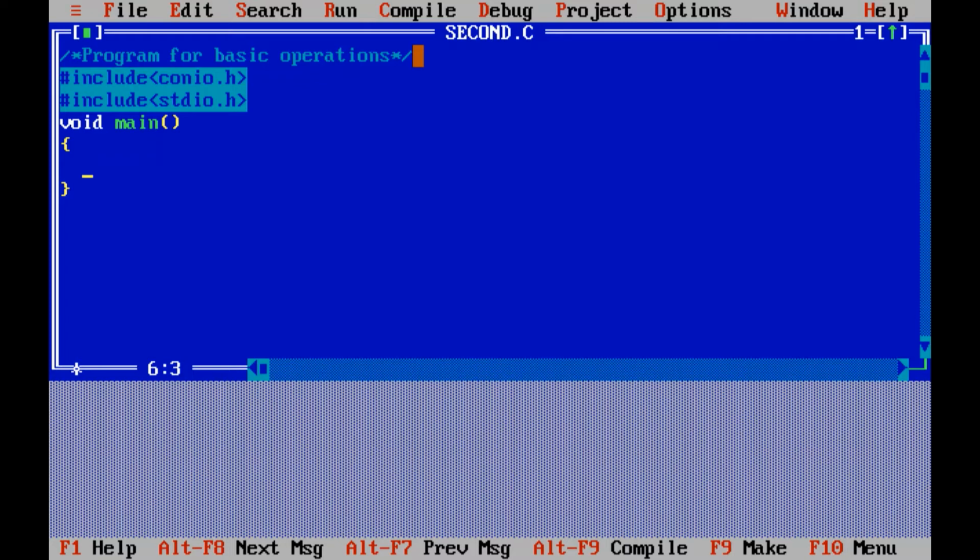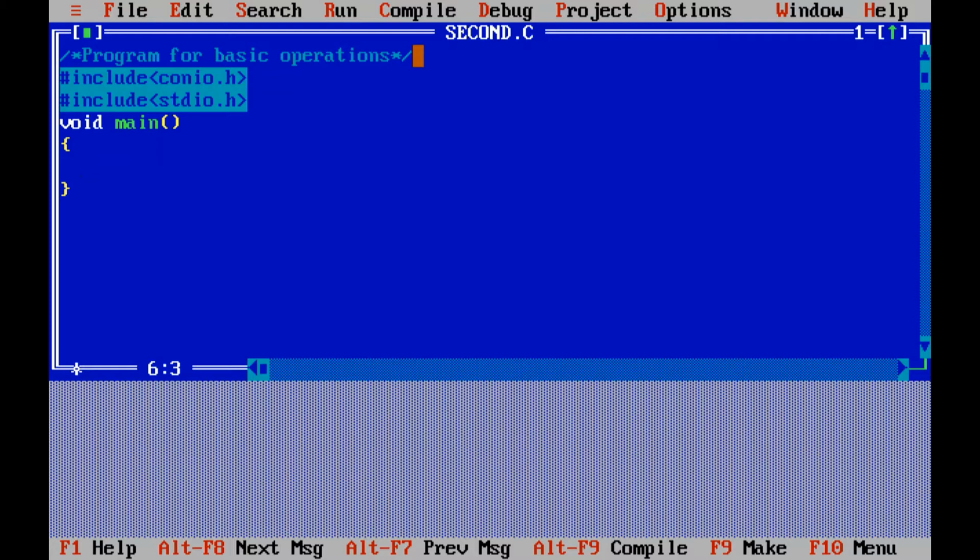I will declare some variables, and I'm going to write the program where I declare the variables as well as initialize them. So I want two variables, A and B. A will store the first number and B will store the second number, and both variables should accept only number values.